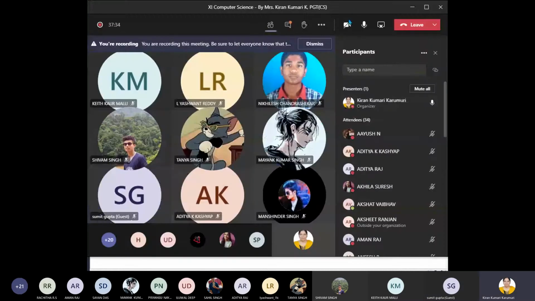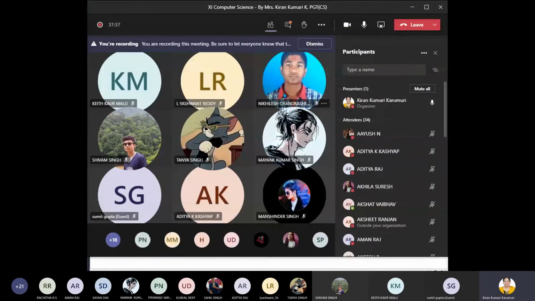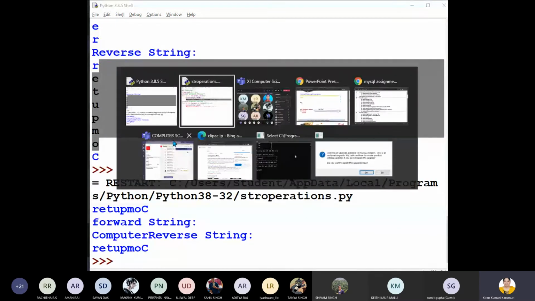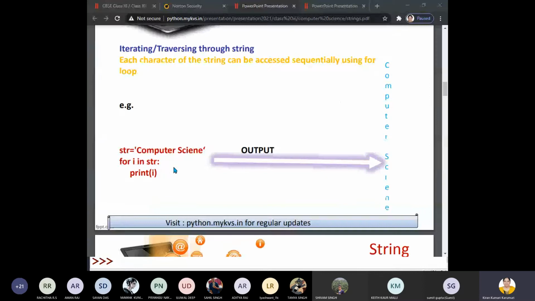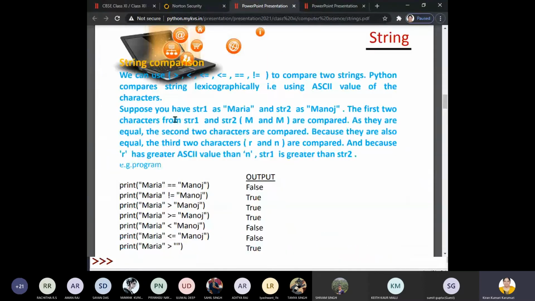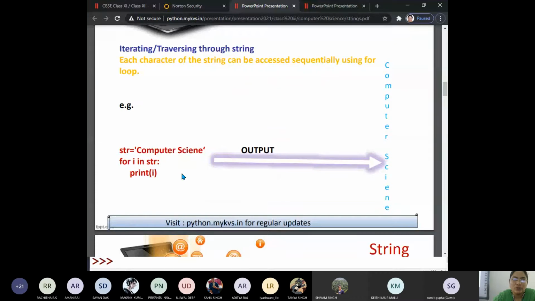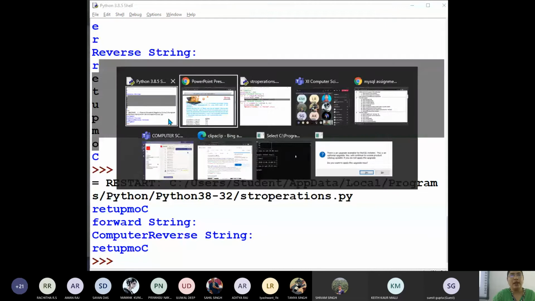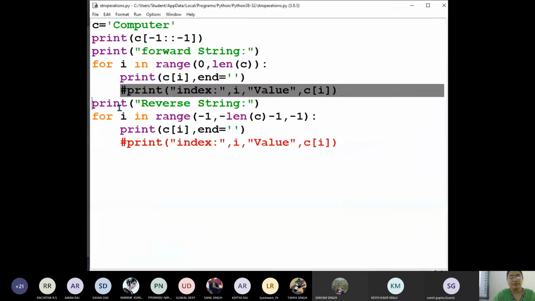Okay. Understood? So we'll proceed to see some other functions on strings, right? Comparison of strings, greater than, less than, all those things. So now this range function. Have you all understood? Ma'am, could you repeat it once more? I joined late because of network problems. Yeah, correct. So nothing much we discussed, just this much only.